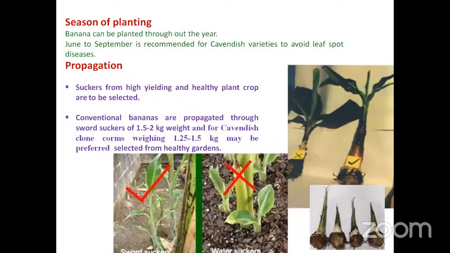Coming to the planting methods, banana crop can be planted throughout the year. June to September is recommended mainly for Cavendish varieties to avoid leaf spot diseases. Coming to the propagation methods, previously farmers used suckers from high yielding and healthy croplands. That is the conventional method. These are propagated through sword suckers. Sword suckers means these are having